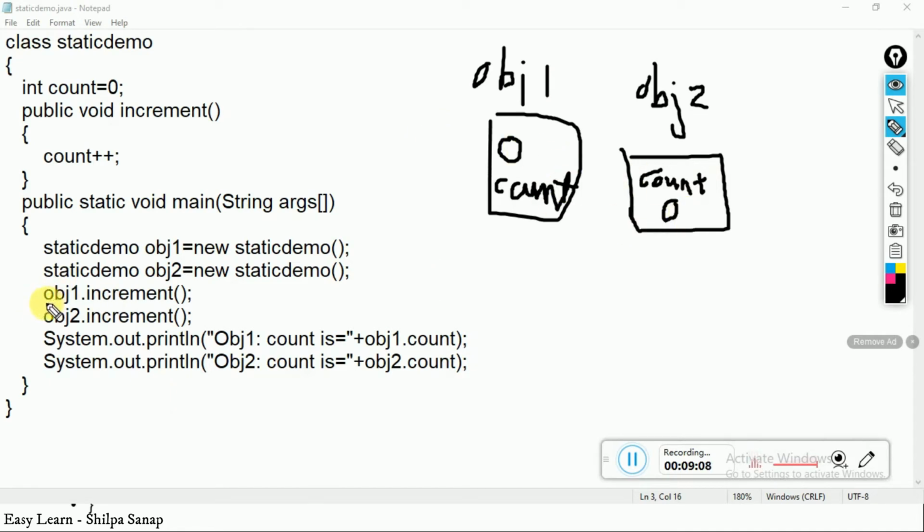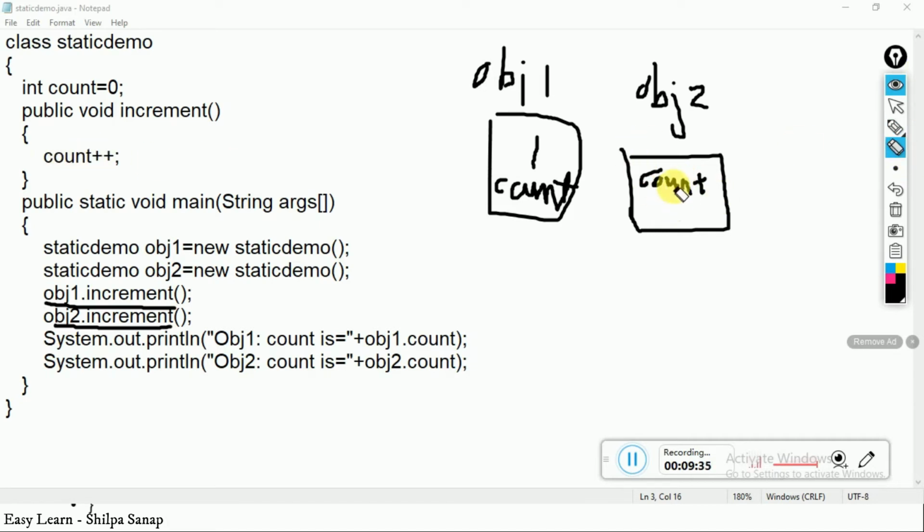Then we are executing obj1.increment. This will call the increment function and will change the value of count from 0 to 1. Next you are calling obj2.increment. This time you are calling it with the obj2 object. So whatever operations you carry out will be carried out on the instance variable of object 2.